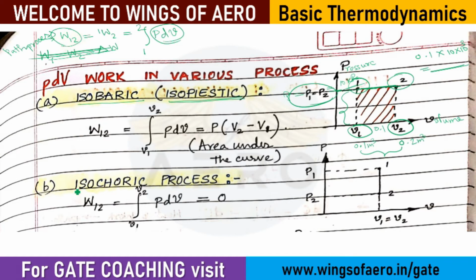And if I have to see based on the standard formula, W12 equals integral V1 to V2 P dV, as P is constant. Now change in volume, V2 minus V1. So you can see the formula, you have done the same thing. V2 minus V1 you have taken into P. Can you follow this? Can you follow the thing which I am explaining?